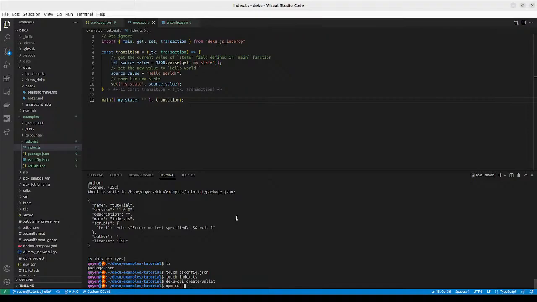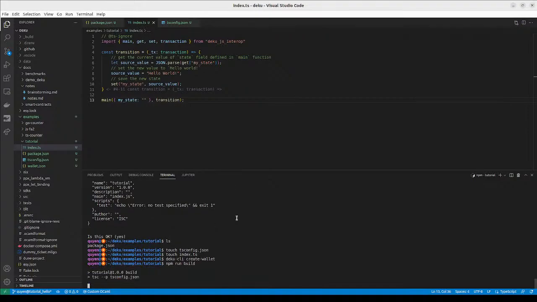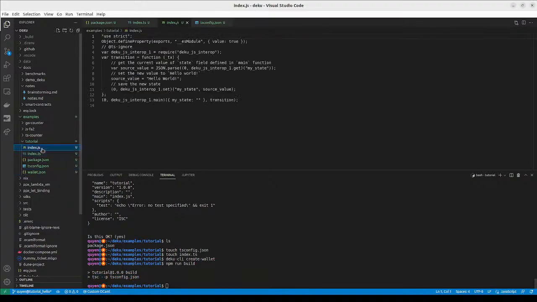Run build. So it's going to call the package.json where we pointed this to combine. And so now from TS we have already compiled to JavaScript, generated into JavaScript, and now we can use the Deku